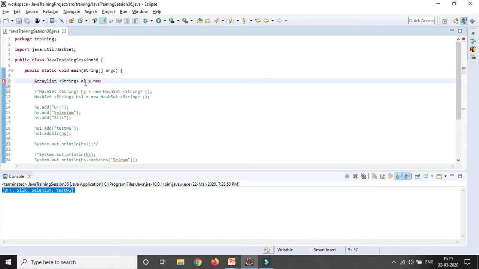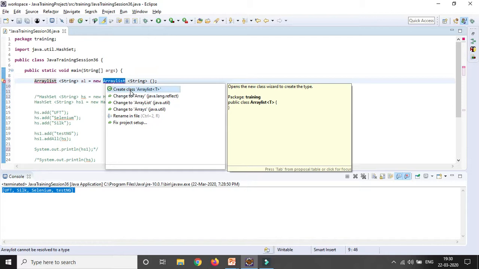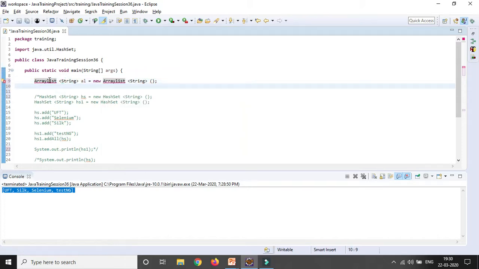The syntax is the same: ArrayList of String, and close the brackets. So I am defining an array list. Here we need to import ArrayList, and it will be in caps.